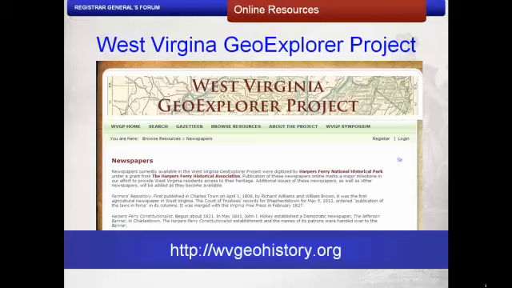Jefferson County will serve as the starting point for project efforts, which will later be expanded to encompass the rest of the state. Their most recent initiative is the digitization of Jefferson County, West Virginia newspaper images held by the Harpers Ferry National Historic Park, Harpers Ferry, West Virginia. Previously, access to this collection was limited and controlled by the park archivist. Most of these newspaper issues are missing from the Library of Congress collection and have not been available to the public until now.